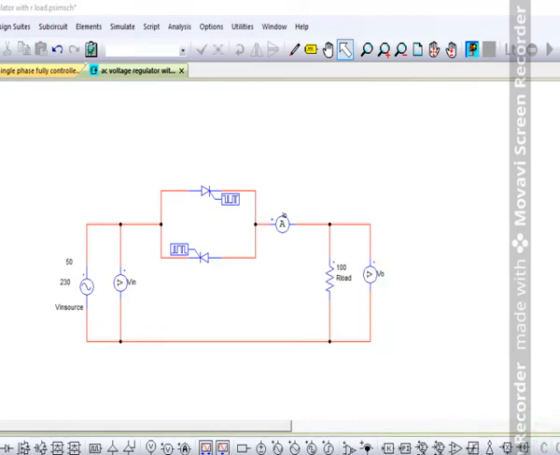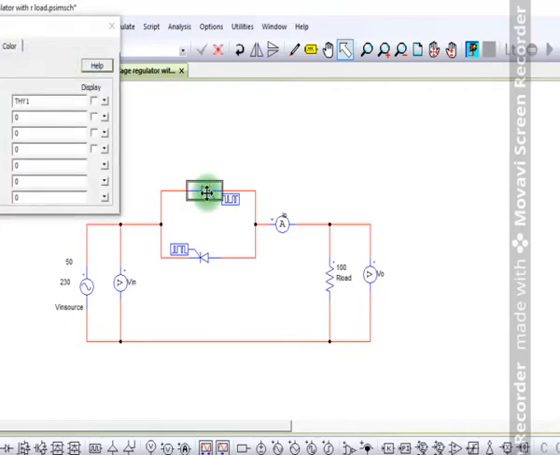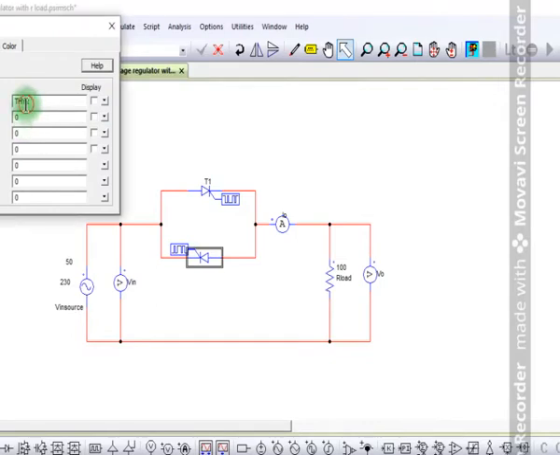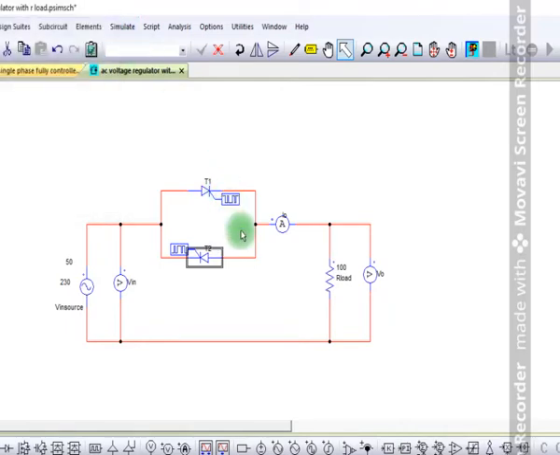Okay, the next step is we need to set up the values and names of the thyristors. So this is the thyristor, that is T1, and this is the thyristor, we'll take it as T2, and so we have